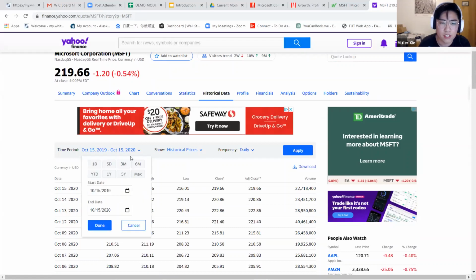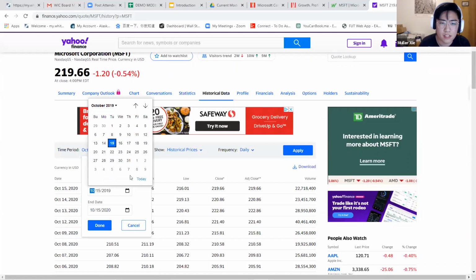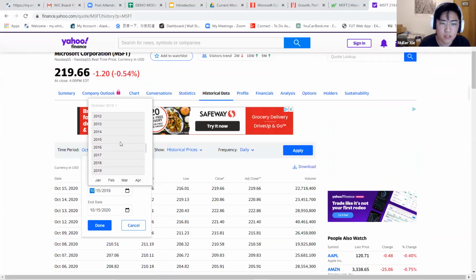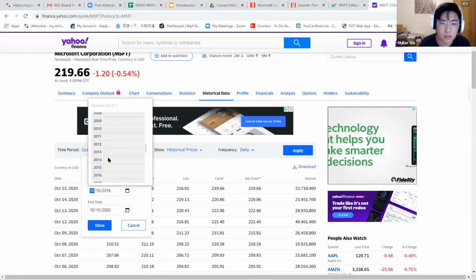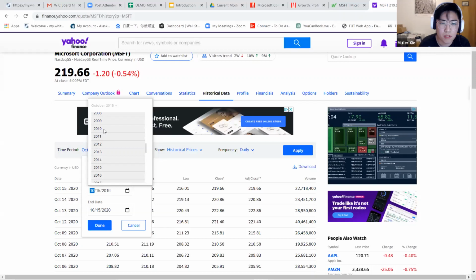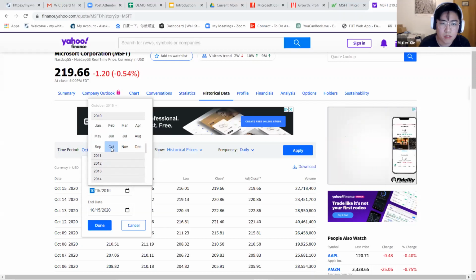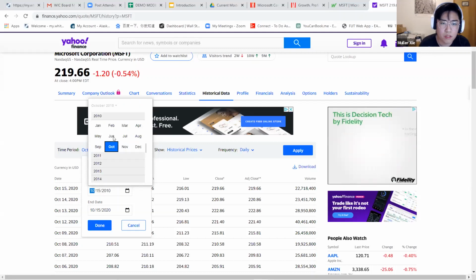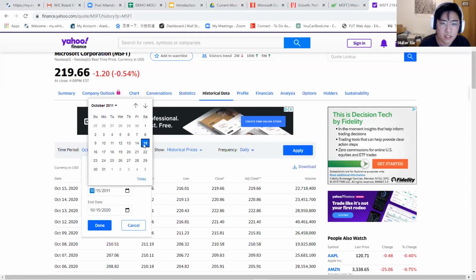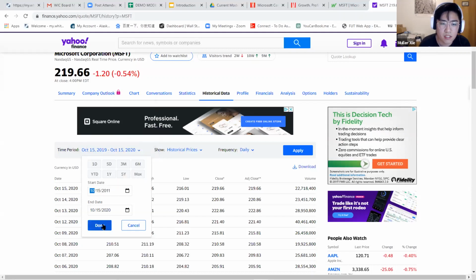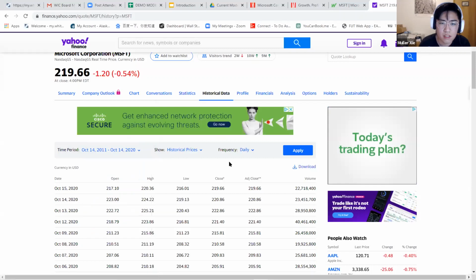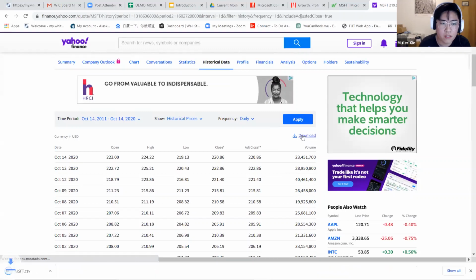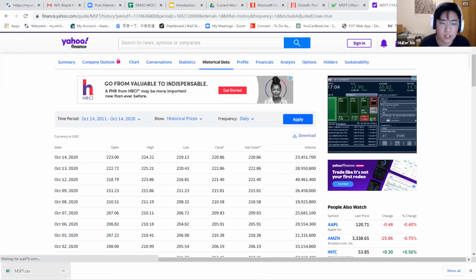So click on the time period here and select the start date. It should be 10 years before, maybe 2010. No, it should be 2011. Sorry about that. Okay, and then apply all this, and then click on download. And you can see there is a